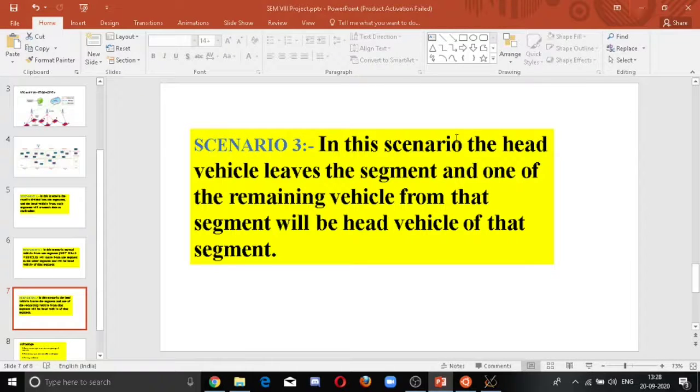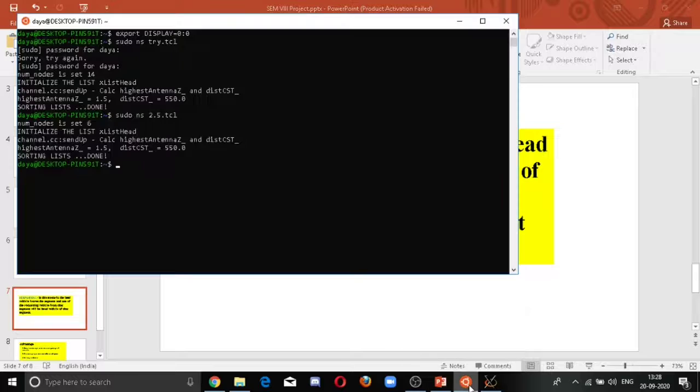So what is scenario number 3? In this scenario, the head vehicle leaves the segment and one of the remaining vehicles from that segment will become the head vehicle of that segment. Now let's run this scenario.